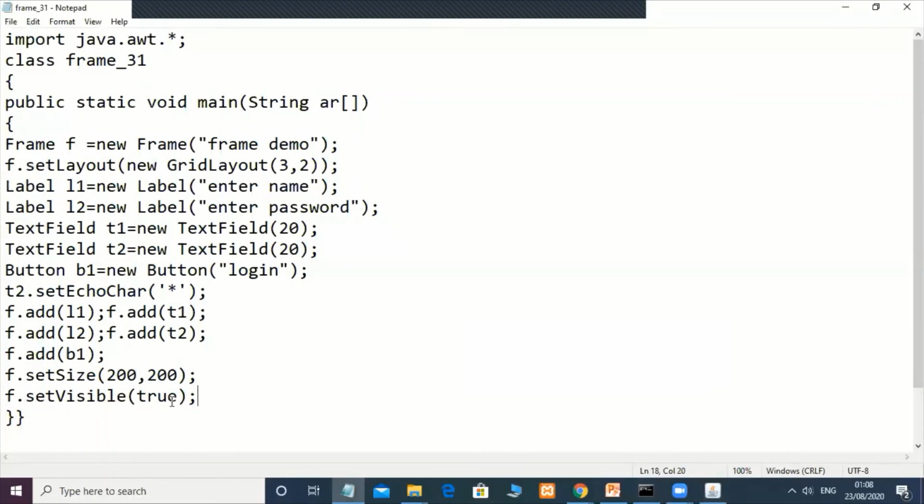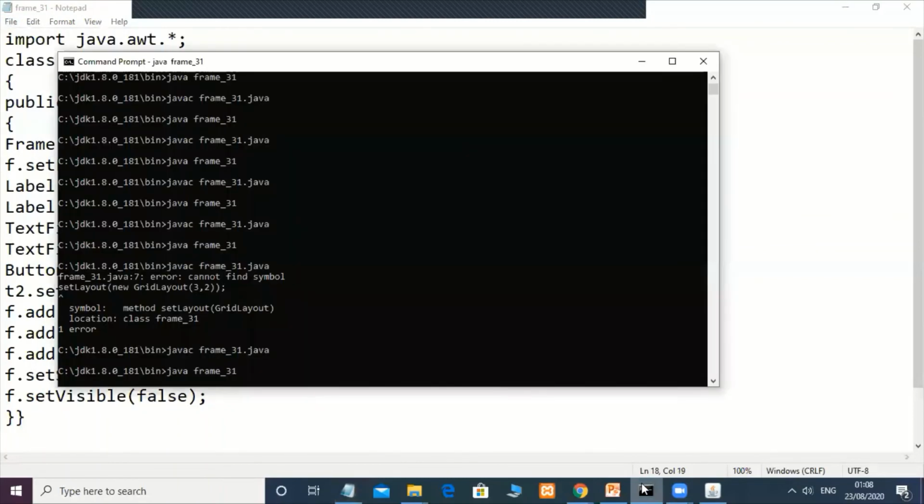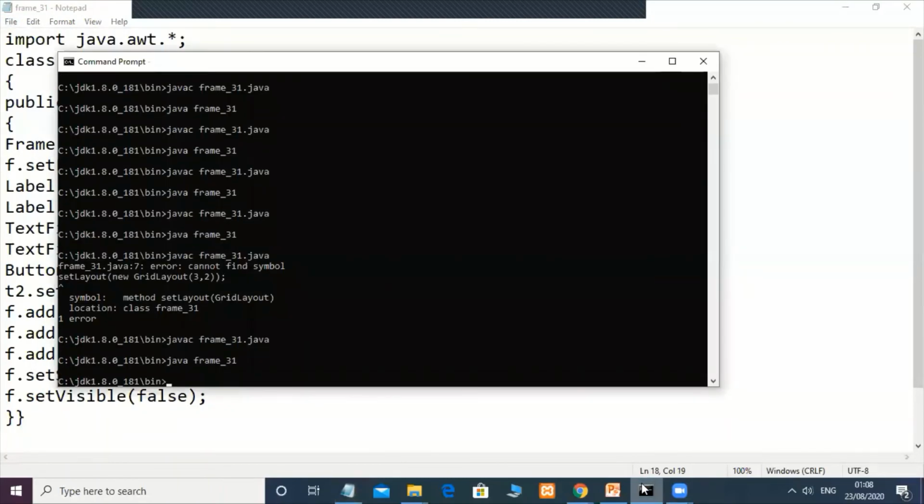And one more thing, suppose you keep this parameter as false, we will not get any output without using the set visible method.